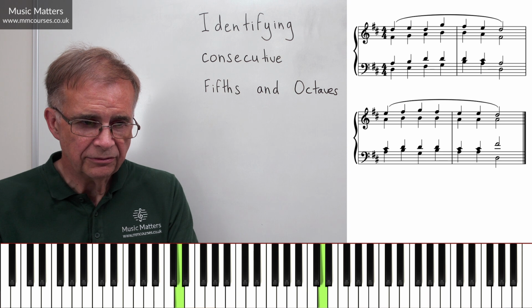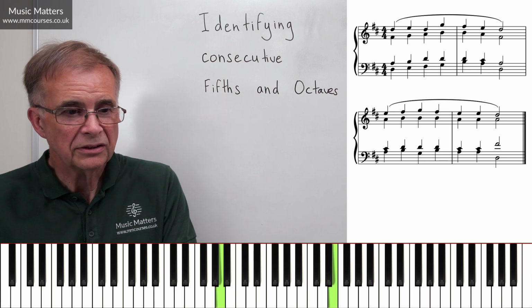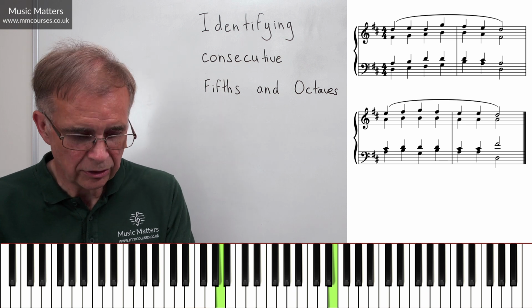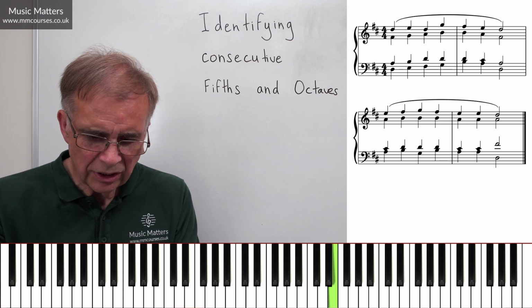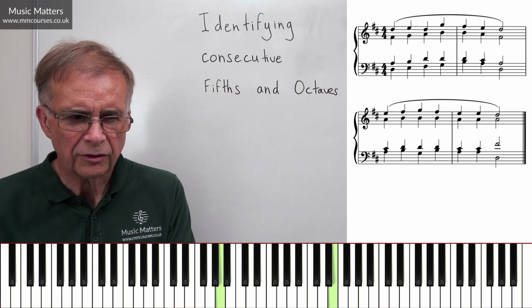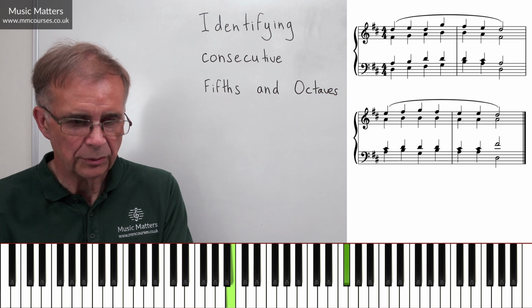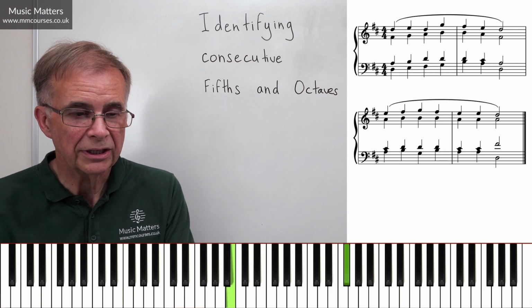Oh, that's an octave, but that's okay because the next one is a fifth. So not another octave. Okay, beginning of bar 3, that's a fifth. Oh, moving on to another fifth. So perfect fifth followed by a perfect fifth. Going to have to change something there, aren't I? Because we've got consecutive or parallel fifths.